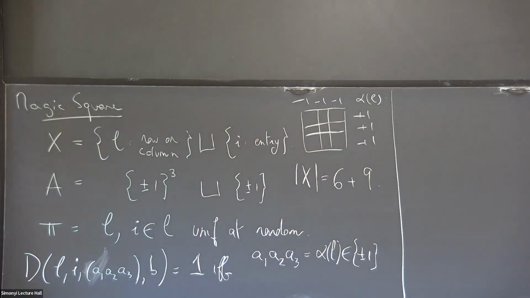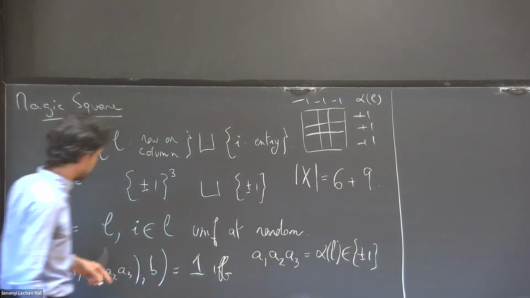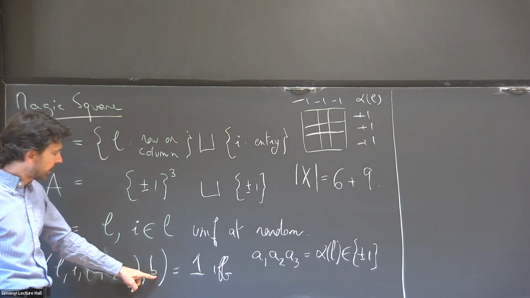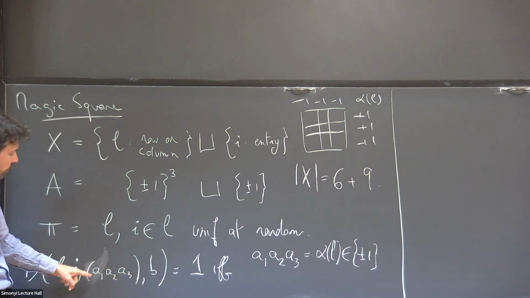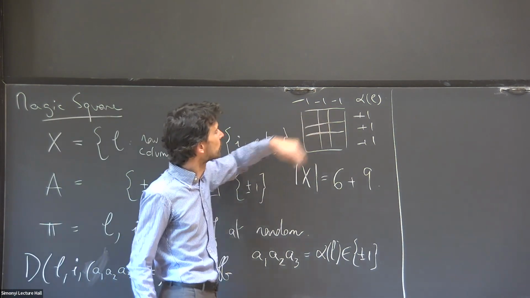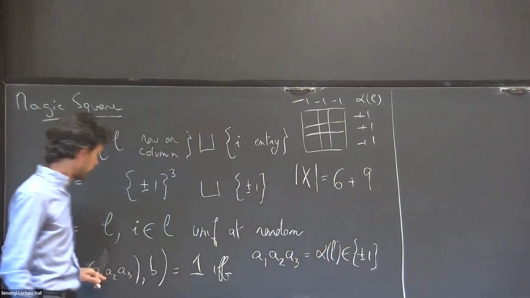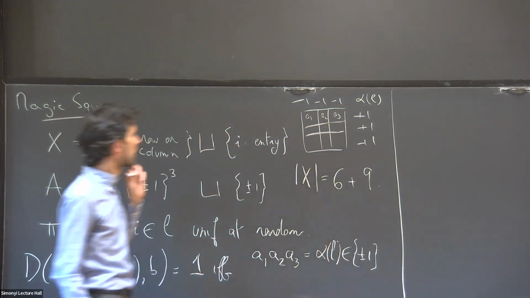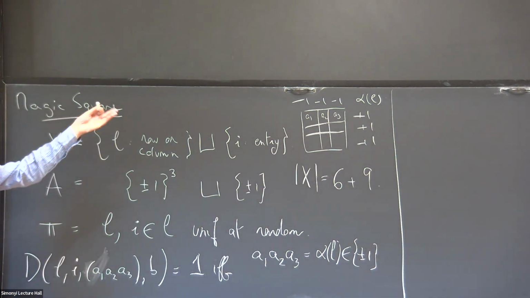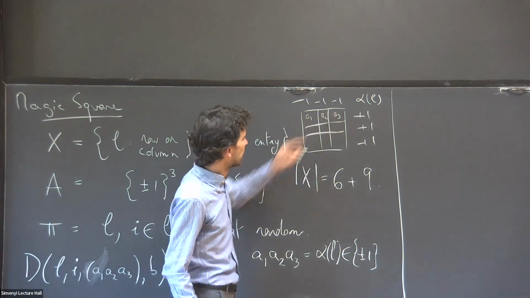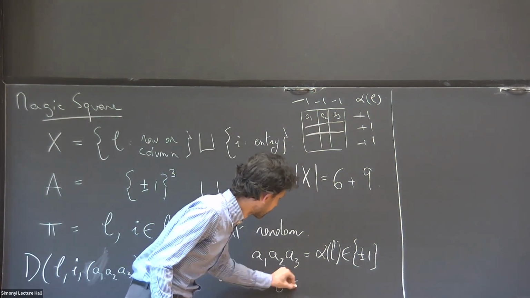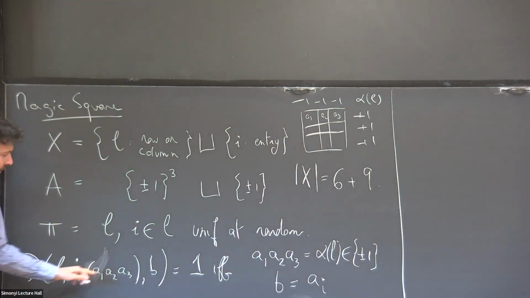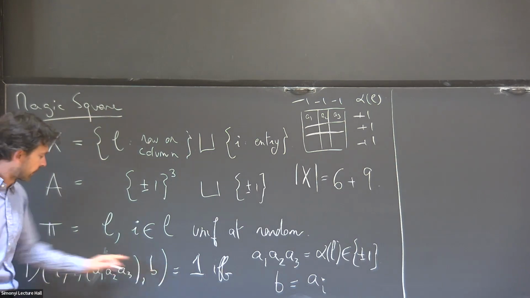So that's easy. And then there's another condition, which is that because I is an element of the line, this answer B can be identified with one of these answers. So for example, the first row, I get as answers A1, A2, A3. I think of A1 as being here, A2 as being here, A3 as being here. Their product should be plus 1. If I was maybe the 3rd square, then B should be equal to A3. So I'll write it this way: B equals A sub I. It's a little bit loose notation, okay? So these 3 are naturally associated with the squares in the line, and this value should match.